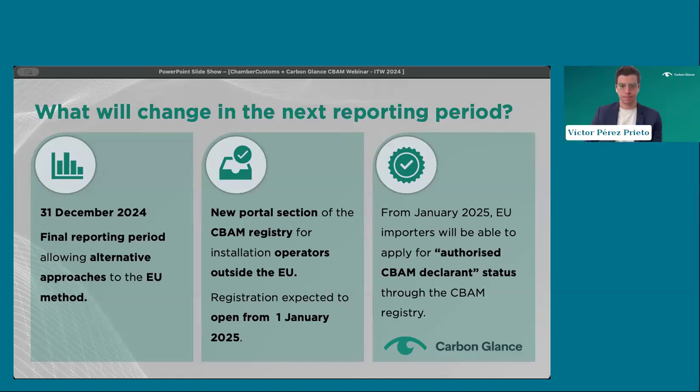And also the fact that the registry is available, if I understand it correctly, is that an exporter can share the information through the registry, but they can also continue to share it directly with EU importers on an individual basis. So it's two different ways. Exactly. Indeed, this will be optional for those exporters that want to reduce the burden of having to share the same data with multiple clients.